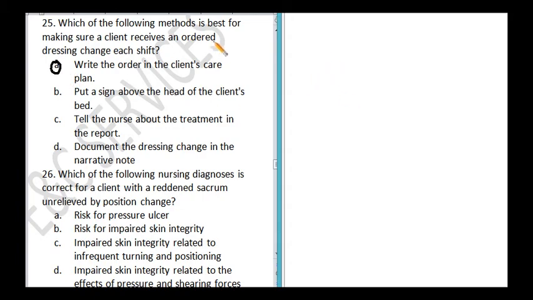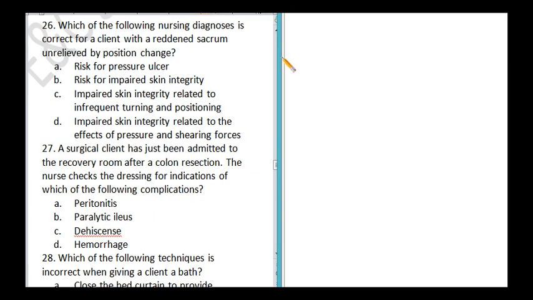A. Why? Because the issue here is to ensure that the order is done each shift. Now remember that each shift there will be different nurses, and nurses communicate to each other in terms of the care of the patient by the nursing care plan. Therefore, to make sure that it will also be implemented by the next shift nurse, the order or the intervention must be written on that plan. A is the answer. Next,